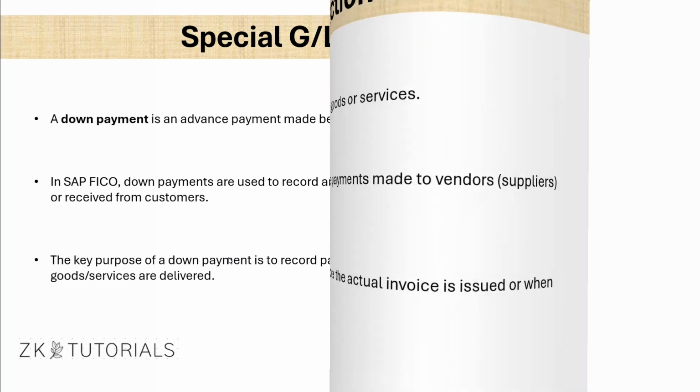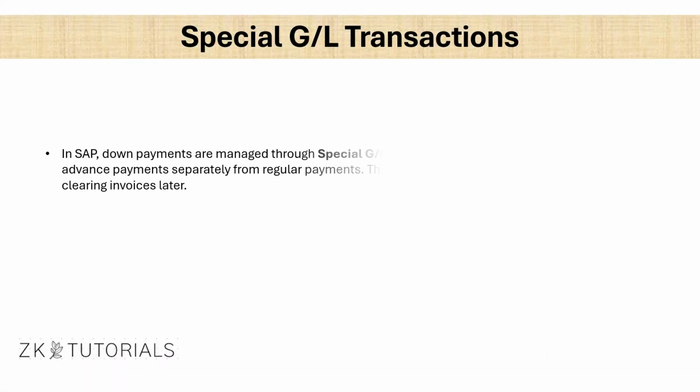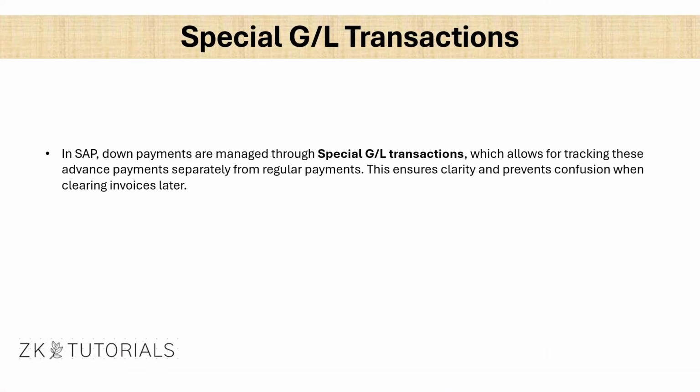And the next slide. In SAP, down payments are managed through special GL transactions. In special GL transactions, there are so many types. In FICO, we use down payments. But in another module, there might be other special GL transactions. So under special GL transactions, there are so many special general ledger transactions. In that, down payments is one of them,